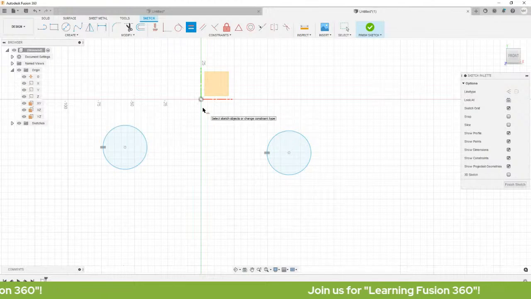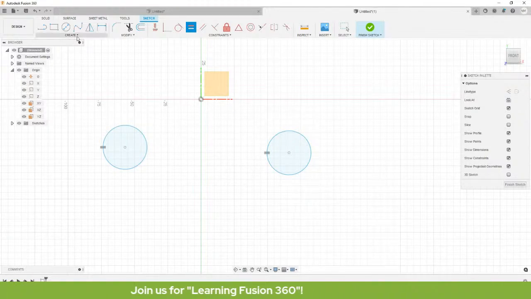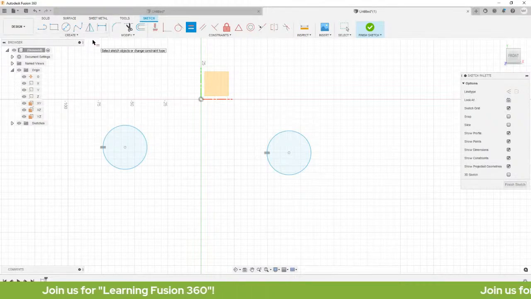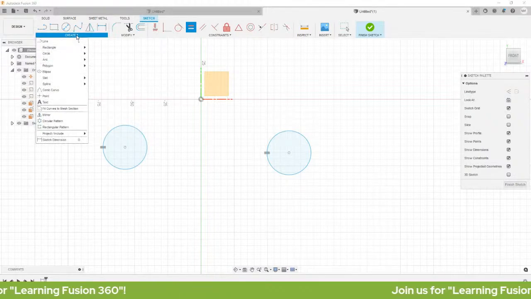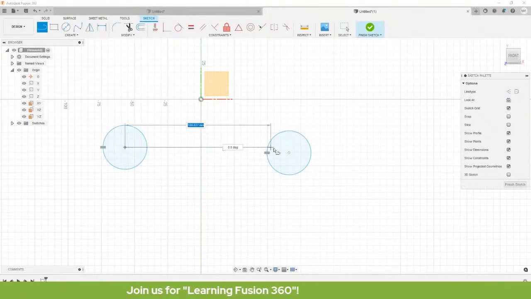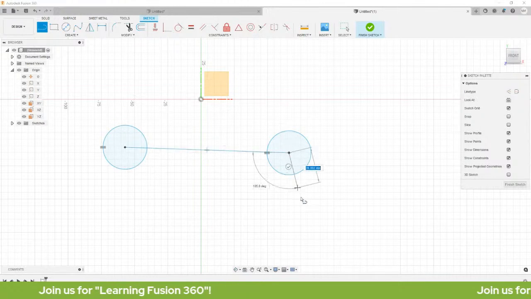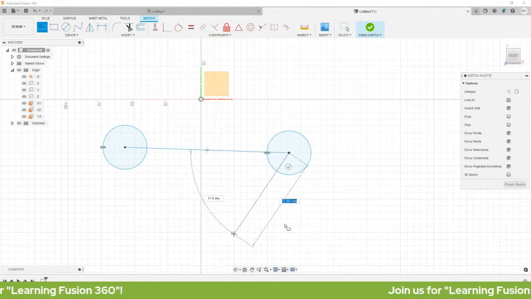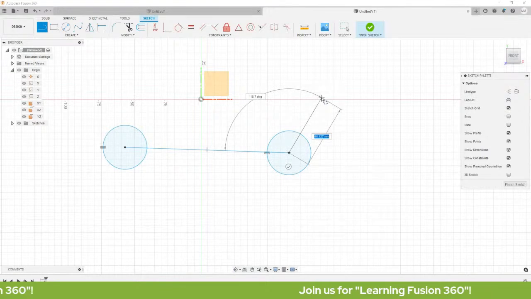Okay? So, now, let's create line. So, L is the shortcut key for line, or you can head over to create and select line. So, gawa lang tayo ng line dito. Left click and left click. Okay, so to end, let's hit escape.